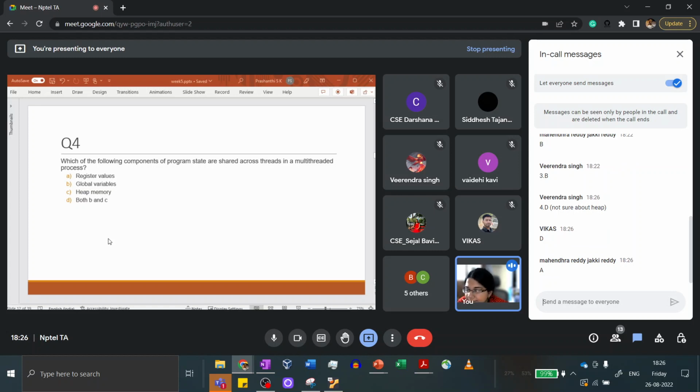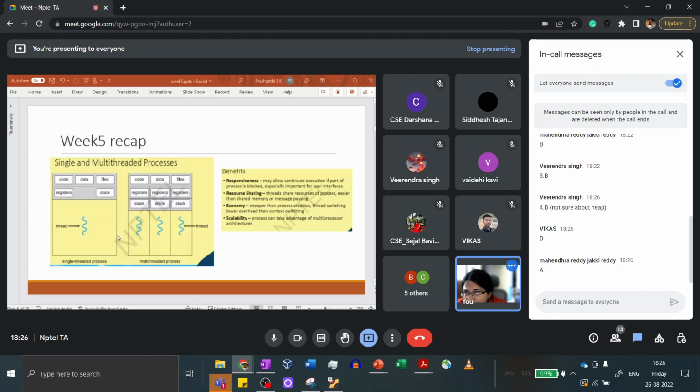A, register values. Interesting. Yeah, and the answer is both B and C. So the heap and